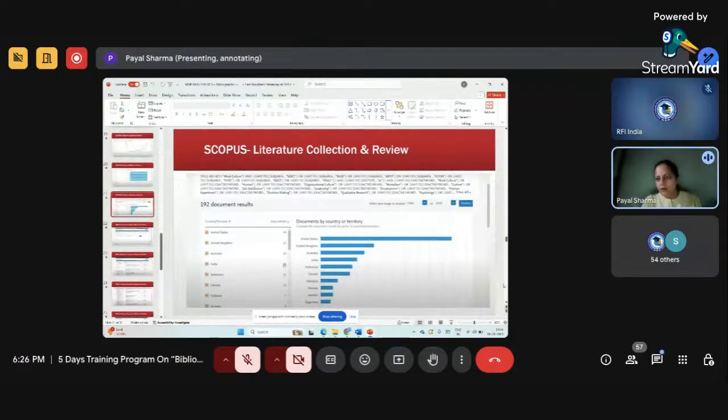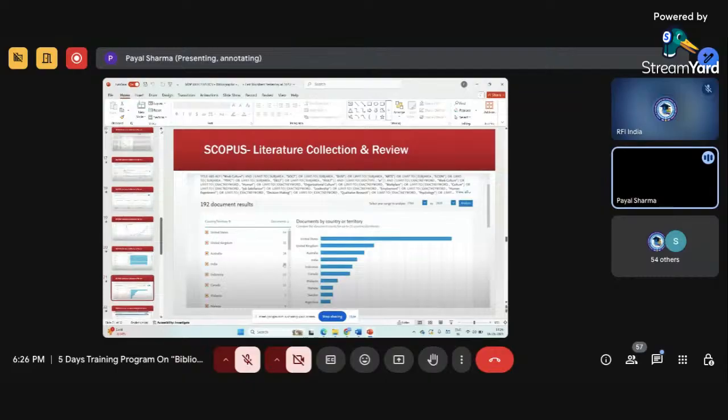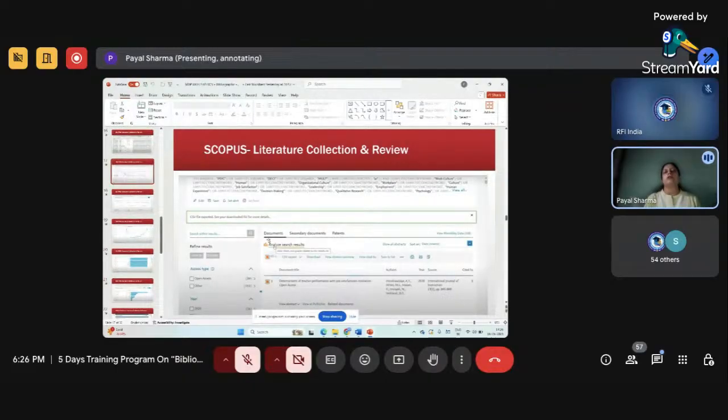Here, documents by country or territory. Can we have this kind of graph directly from Scopus? Yes, you can copy it from Scopus easily. How do you generate this type of graph? See, I have told you here. When you have done your search string and come up with this many documents that you have to take from Scopus,